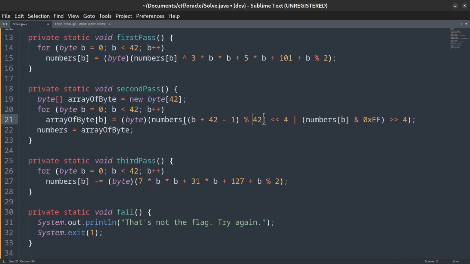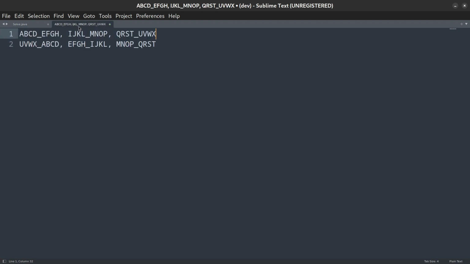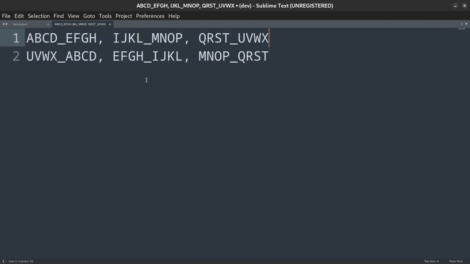Okay, this is a bit difficult to talk about, so let's take a look at this small example. Imagine our byte array is only 3 bytes, and each bit is represented by a letter. The top 4 bits of the first byte, A, B, C, D, have now become the bottom 4 bits of the first byte. The same is true for IJKL and QRST. Meanwhile, the top 4 bits of the result byte are the bottom 4 bits of the previous byte.